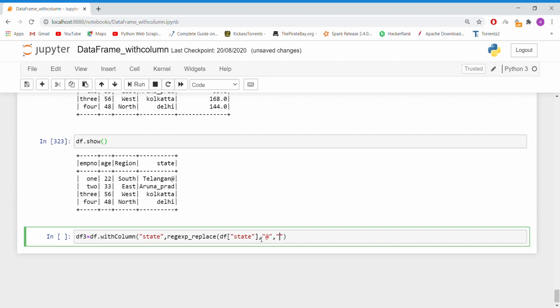I want to replace it with A. So let's execute, let's cross check whether the braces have been closed properly. It requires another one.